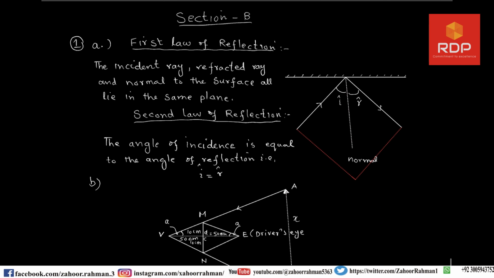Now we are turning our focus to section B, which is composed of structured questions. Question number 1, part A is saying: with the help of an illustrative diagram, state the laws of reflection. We studied that, but for your memory refreshment, I wrote it again. There is a polished surface mirror, which is this one. There is an incident ray, and after reflection, we denoted it by